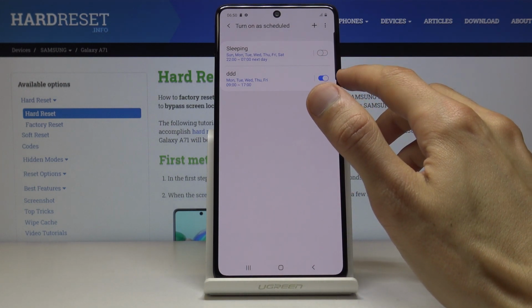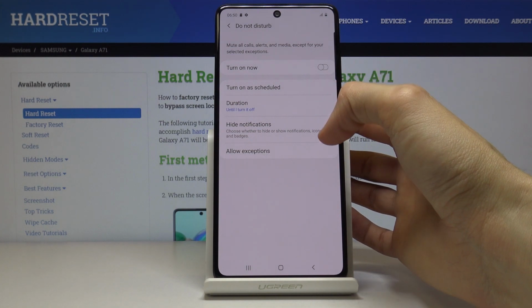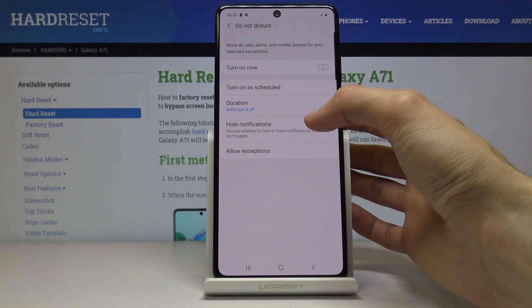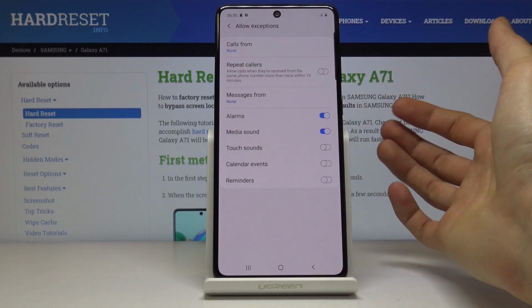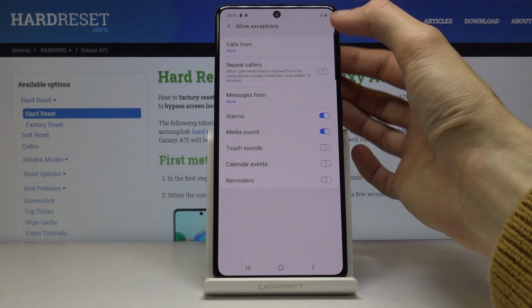And as you can see, after you tap on save, it gets immediately activated. And we can go back and customize how it functions as well. So tap on allow exceptions. And here you have a bunch of options. So calls from,